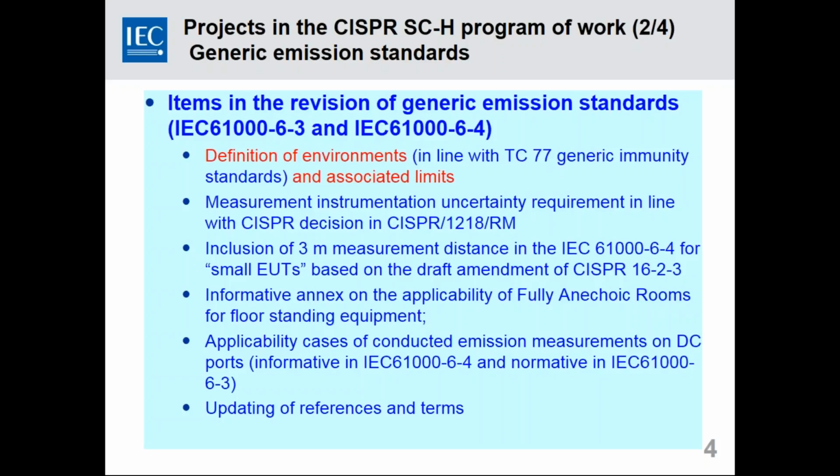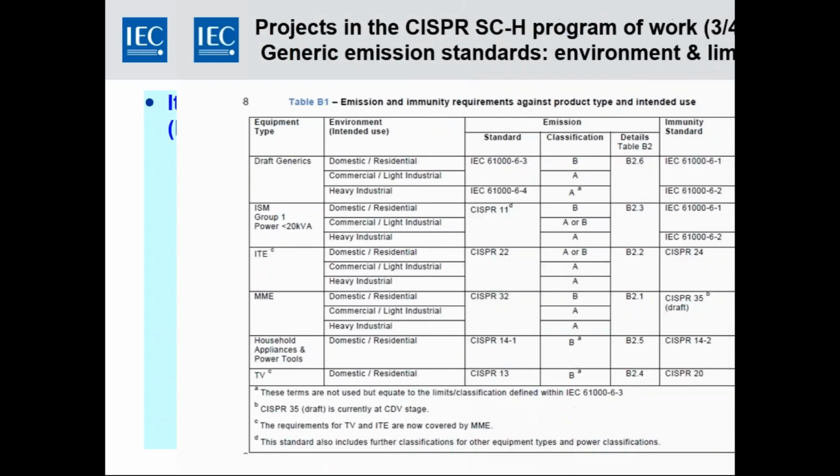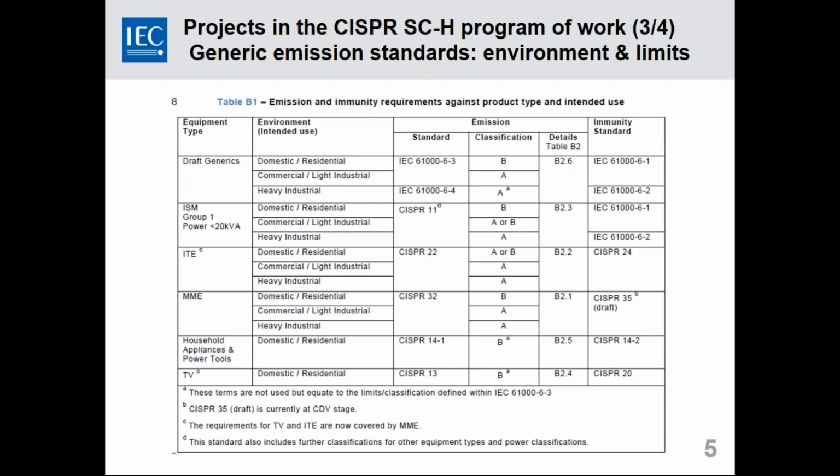They're working on limits for fully anechoic rooms, so-called FARs, and they are also looking at what to do below 150 kilohertz. Again, I won't go through all these details, but you can see there's a lot of work trying to see the classifications, which is what, 1, 2, 3, fourth column over for emission. And you can see, depending on the subject in the first column, there's either 2 classifications or not,